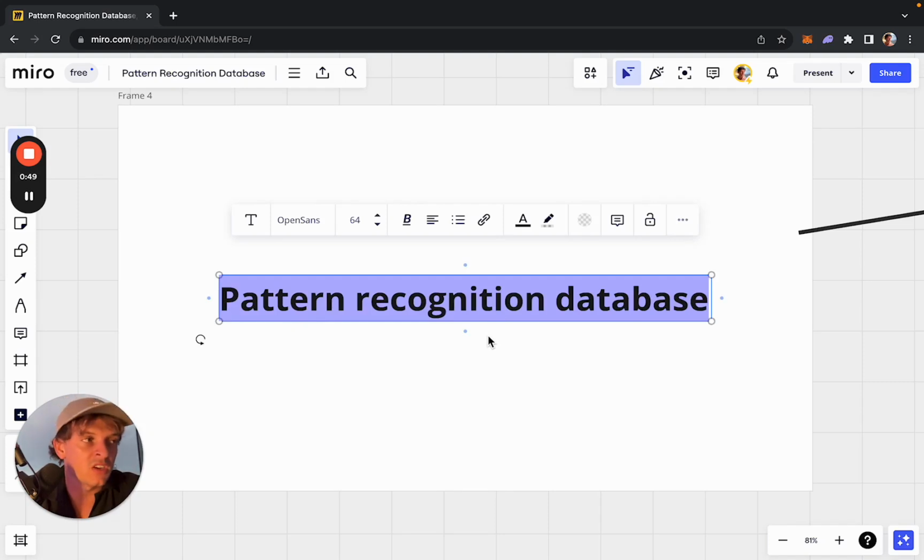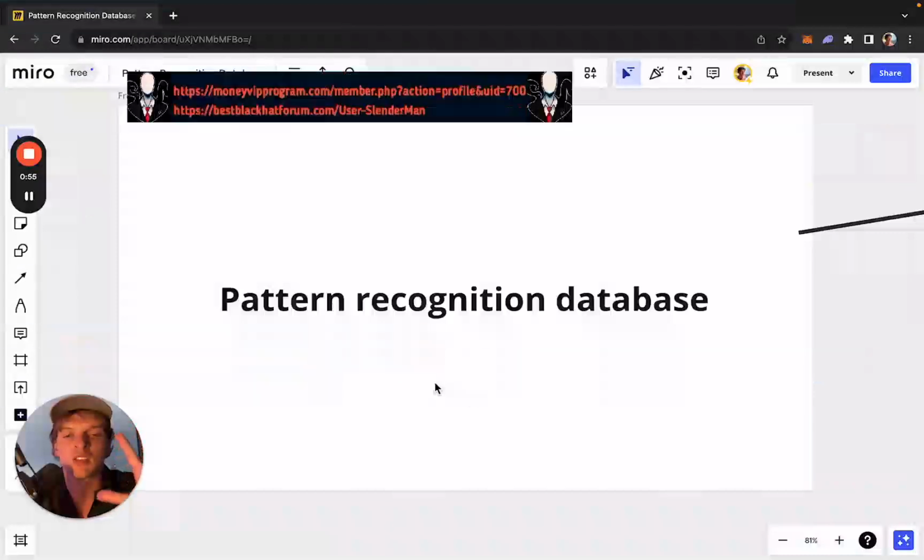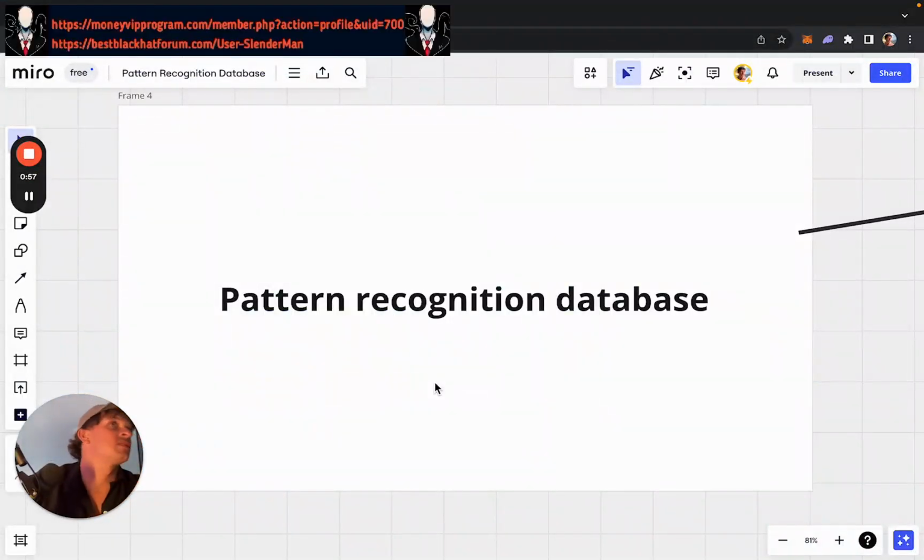A pattern recognition database is basically you live life and you have 5 senses, and these 5 senses take in data: sight, sound, smell, taste, touch, right? The 5 senses. They take in data from the world, you interpret the data, you find patterns in the data of what is good and bad, and then whenever you see the same things again using the senses, your brain recognizes the pattern and it notifies you.